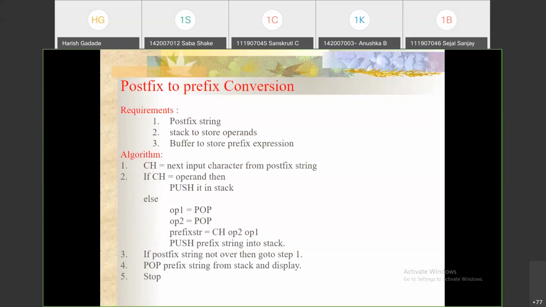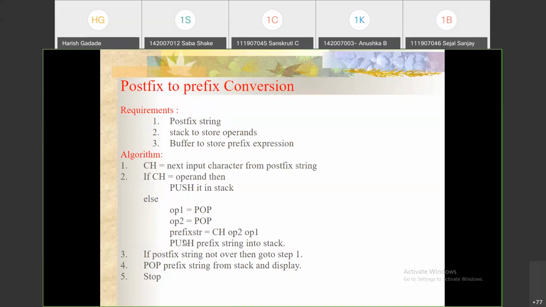You can see here, this is the postfix to prefix expression conversion. The example we have seen was postfix to infix. Now here we are doing the same algorithm, only this step is different. In postfix to infix, this step was operand 2, reading character operator, and then operand 1.